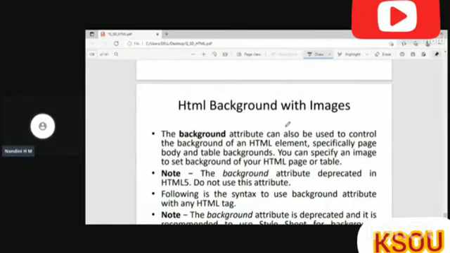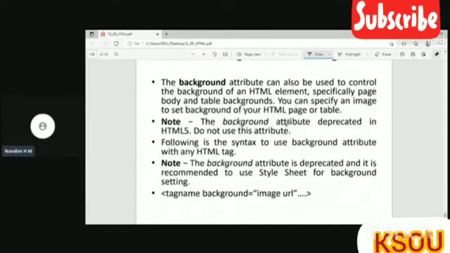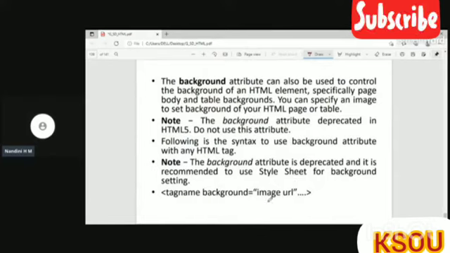So in order to set a background with an image, I have to give the entire path of the image. Background is equal to, instead of color, I have to give the image URL. Okay.